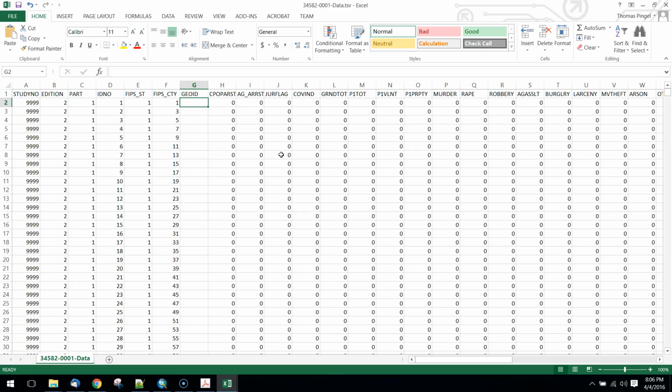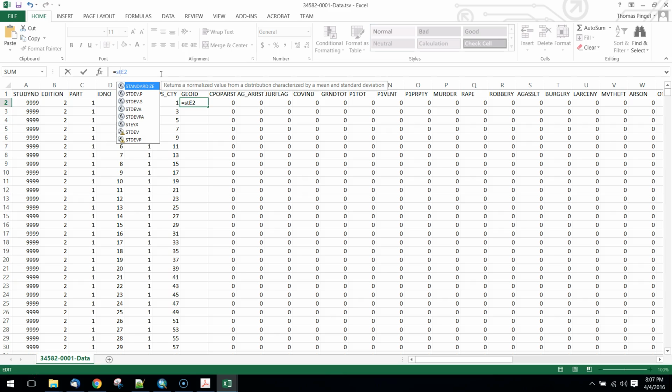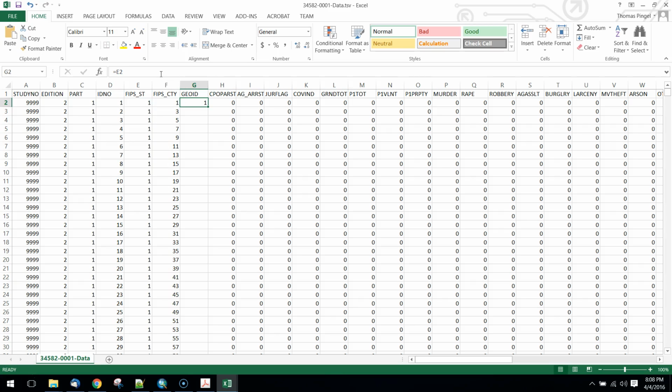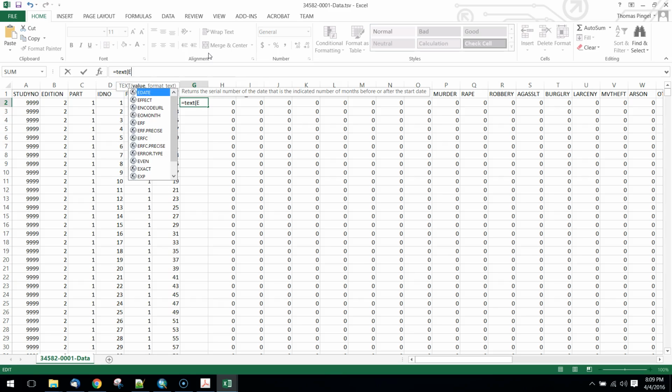And what we're going to do is use a formula in Excel to get these put together. So we'll hit equals. And if we just put E2, we would see that that's equal to 1. What we want to do is actually what's called cast this as a string. So we're going to use a formula to do that. To convert this from a number, 1, to text, or what we would call in computer programming a string, we're going to use an Excel formula, and the formula that we want to use is called text. So we'll type in TEXT E2,